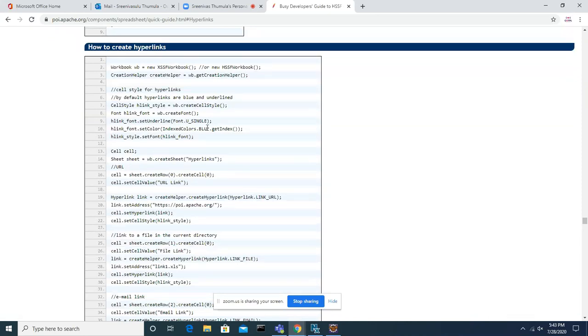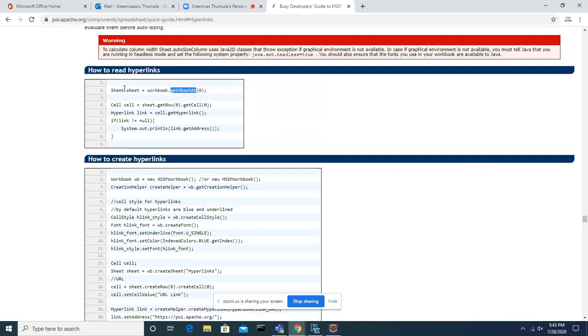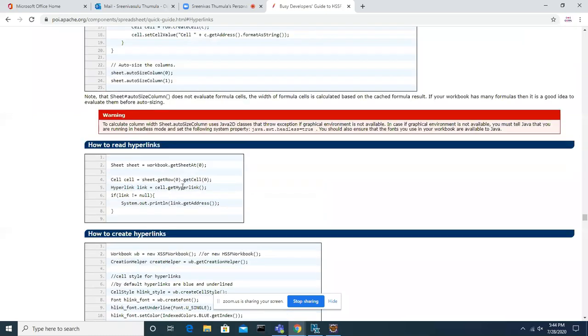So here, let's talk about this hyperlink. Hyperlink means what? You guys know the meaning of hyperlink, right? Anyone who doesn't know about hyperlink? What is the meaning of hyperlink?